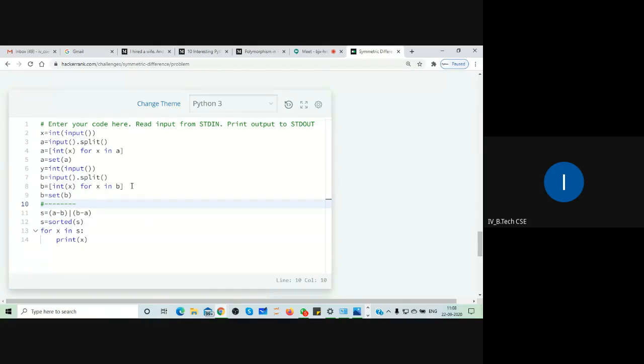After that I am performing the symmetric difference, that is A minus B union B minus A. This is nothing but A minus B union B minus A. This is what is symmetric difference.